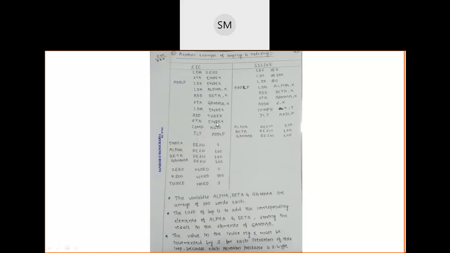The last word is nothing but the 90th word. The 90th word contains the 300th byte, and once that compare condition becomes false, the program terminates. Okay, like this we are doing addition of two arrays and storing that sum into the third array. Clear? The same program, if I write in SIC/XE with the help of immediate addressing mode, I use